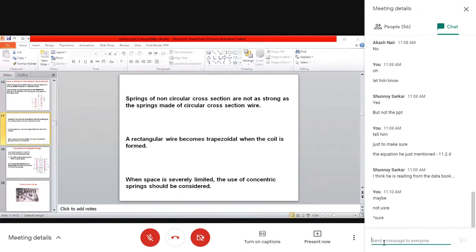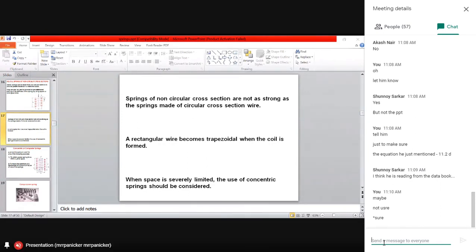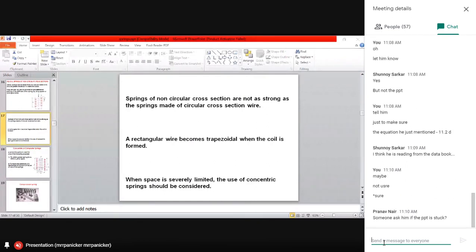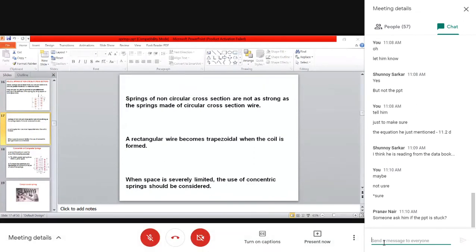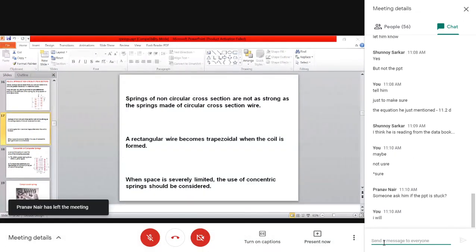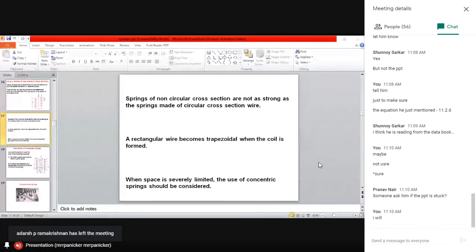Sometimes it will be maximum force and maximum deflection. Sometimes deflection corresponds to a force, or we can say delta y, delta F. The deflection corresponds to a particular load. So the active number of turns can be found. Then the total number of turns, as already mentioned, is I plus n. N is 2.